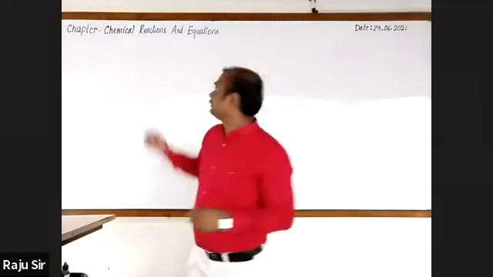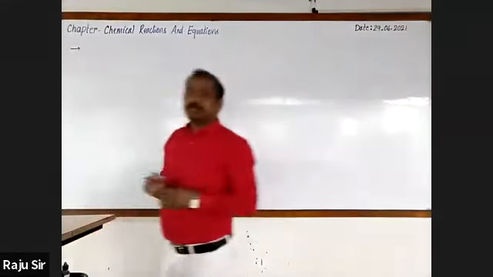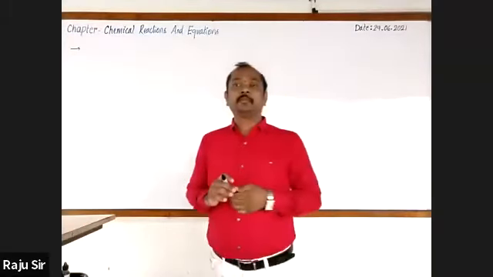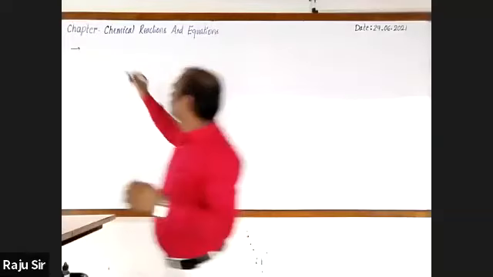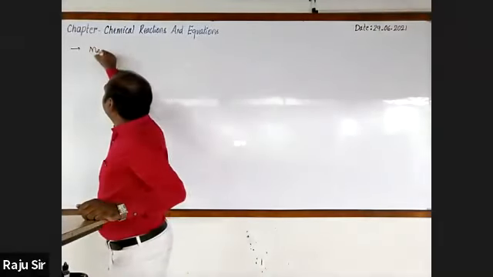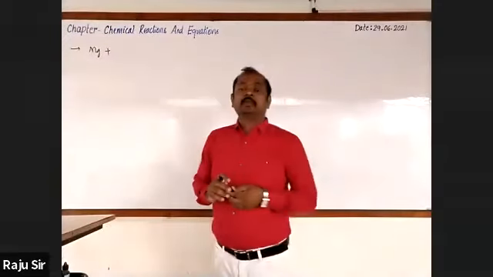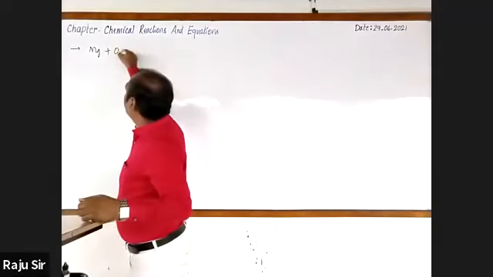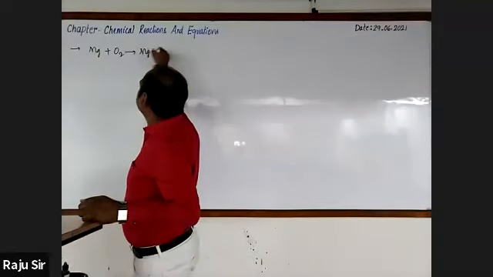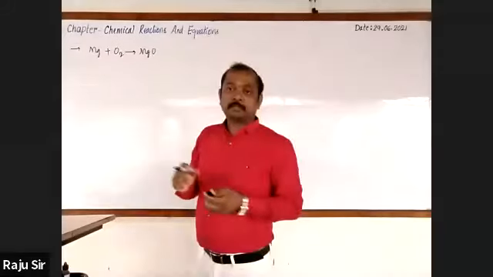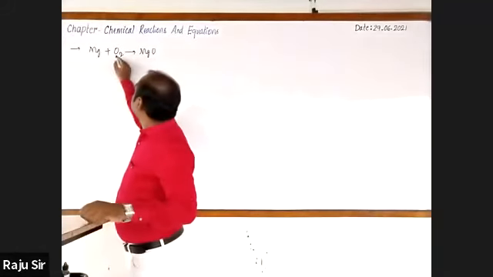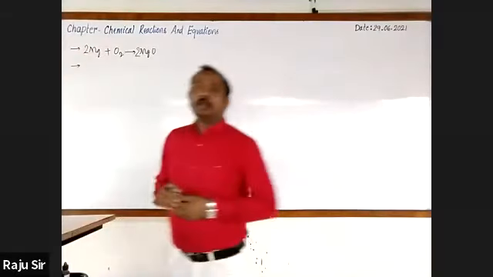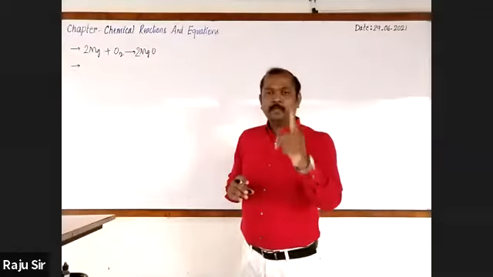With respect to chemical combination or combination reaction, the first activity was burning of magnesium ribbon, right? We know that when the magnesium is burned in the air, then it reacts with oxygen present in the air and produces a white powdery mass called magnesium oxide. Then its balanced equation is 2Mg plus O2 gives 2MgO. And in that, a very important point is,